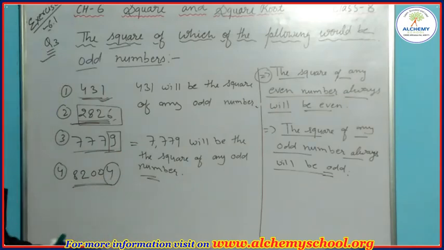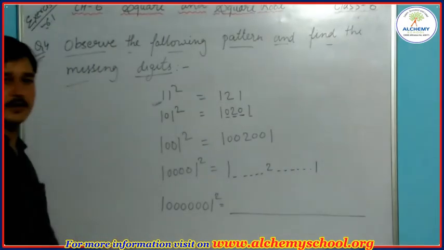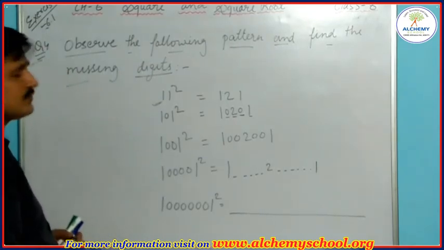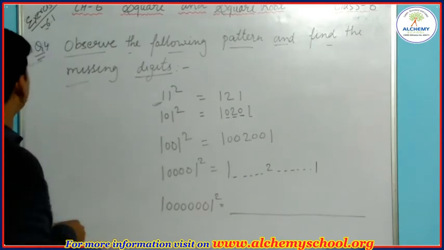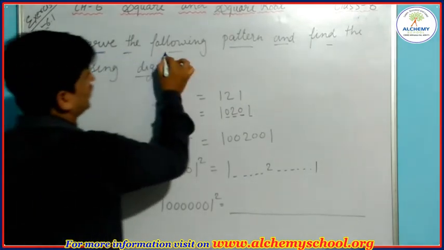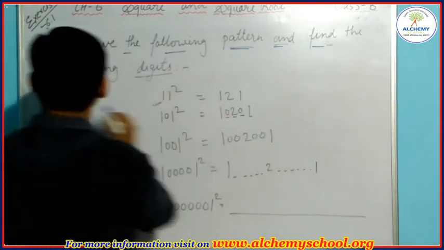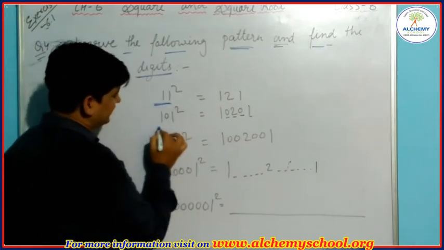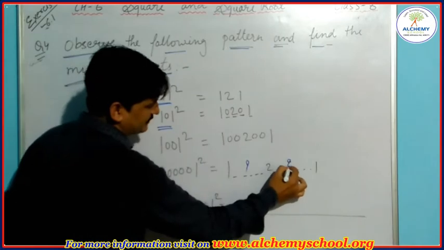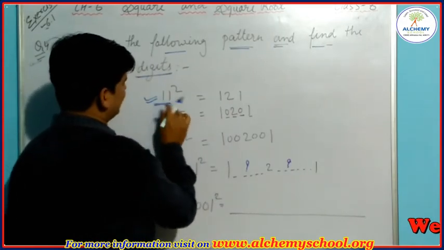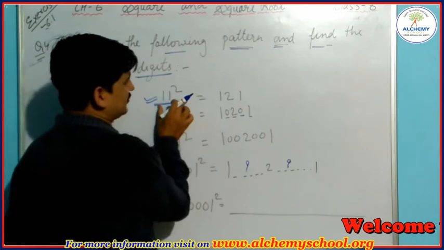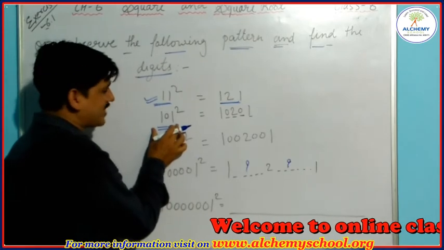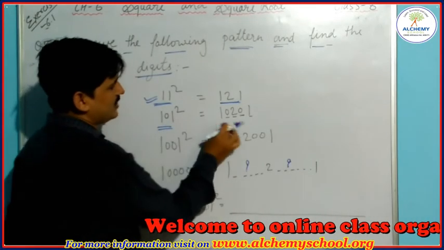So let's see what is given in question number 4. Question number 4: observe the following pattern and find the missing digits. Okay, so students, we have to observe this pattern here and we have to find these missing numbers. So when we observe the first step, we can see this is 11 square and the value of 11 square is 121. Okay, this is 101 square and the value of 101 square will be